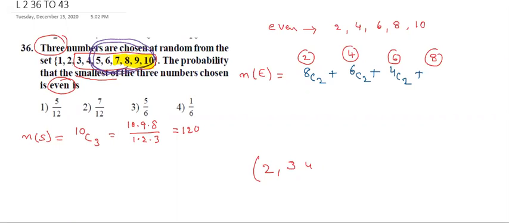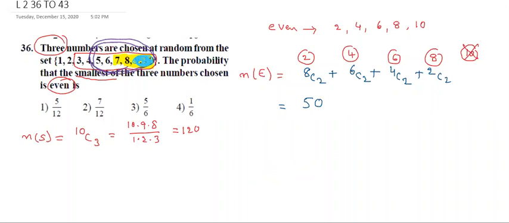Okay. Next, take 8. After 8, how many numbers are there? Observe clearly. There are 2 numbers, those are 9 and 10. So 9 and 10, 2 numbers, can be selected 2. If you take 10, more than 10 there are no numbers. This is the biggest number. Okay, these cases do not exist. Now finally calculate this: 8C2 plus 6C2 plus 4C2 plus 2C2. I already calculated it. The sum is 50.